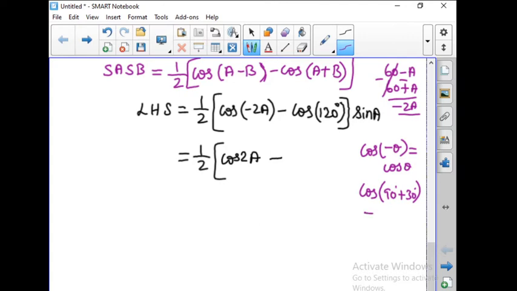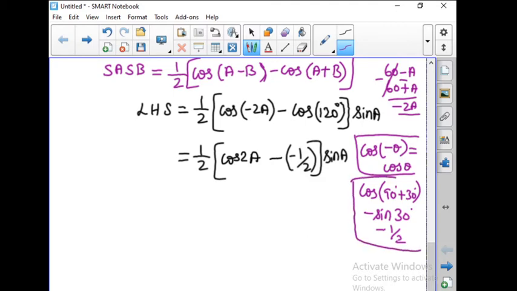ஸோ நெகட்டிவ், and then since it is an odd multiple of 90, cos should be changed as sin. So minus sin 30. அப்போ minus 1 by 2 வரும். So the value for cos 120 is minus 1 by 2, into sin A. ஸோ நான் சைடில் போட்டிருக்கிறதெல்லாம் உனக்கு ரொம்ப முக்கியம். ஸோ இதெல்லாம் கவனமாக பாரு.